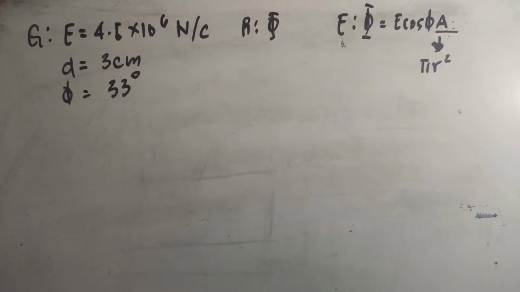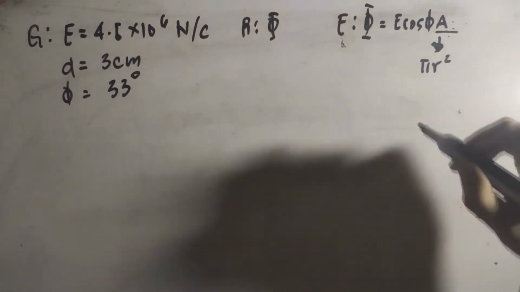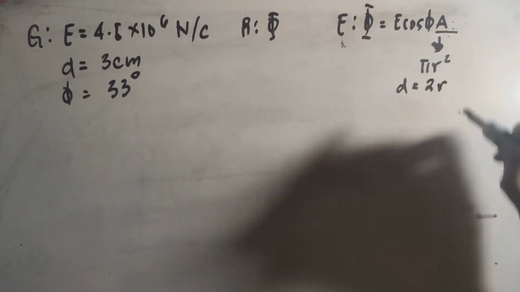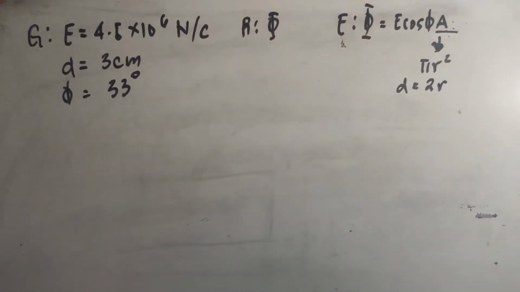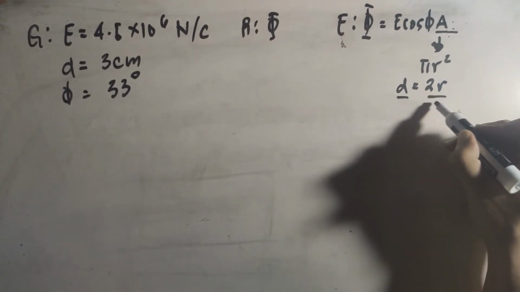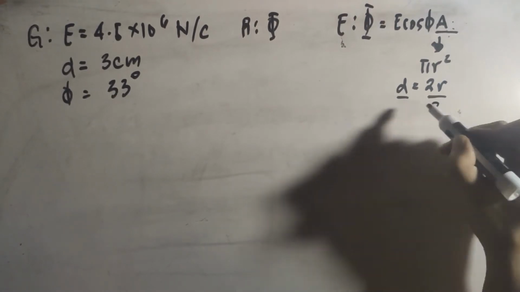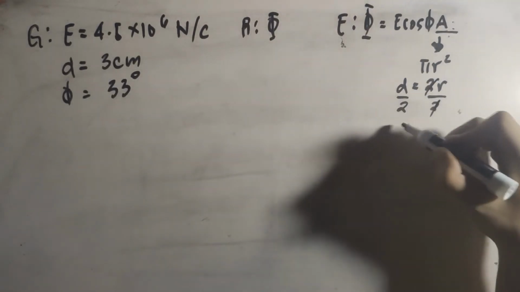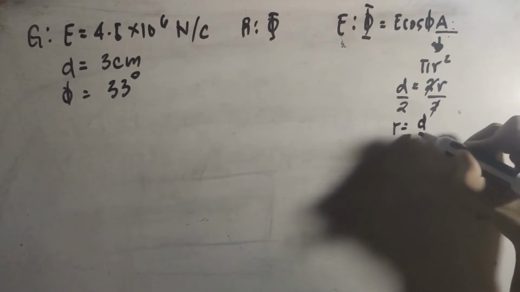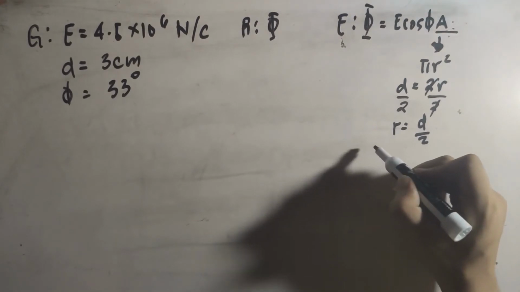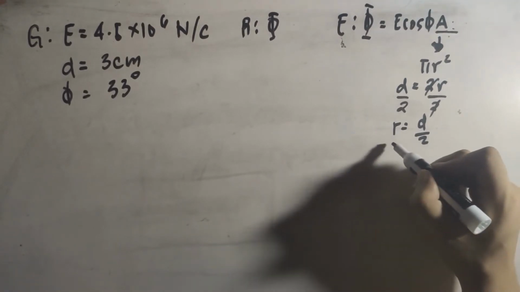But we know that diameter is equal to radius times 2. Correct? Then to obtain radius, we divide both sides by 2. So cancel. Right? So we will have r is equal to d over 2. So let's substitute that to the equation, and you're going to have